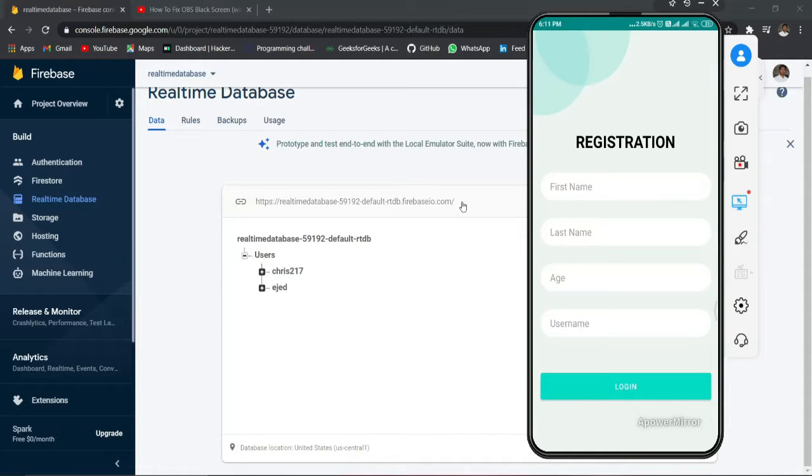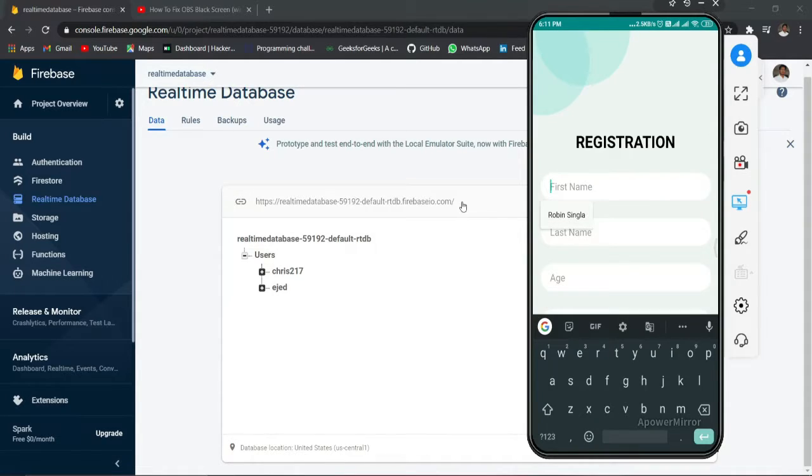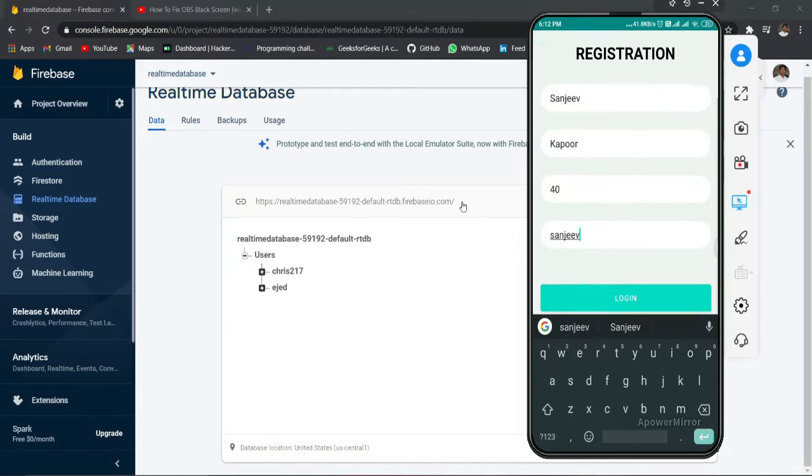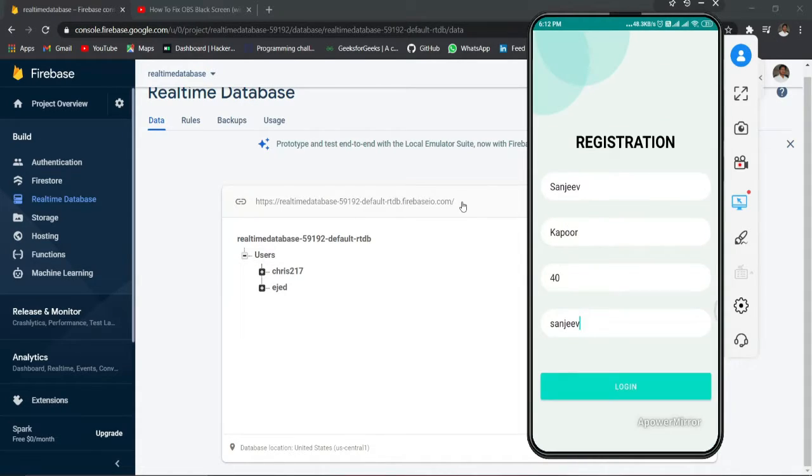If you can see on my mobile screen, there are these four columns: first name, last name, age, and username. So if I just enter the data, right? If we add just anything like Sanjeev Kapoor, and let the age be 40, and the username is Sanjeev only. Now if I just click on this login button,